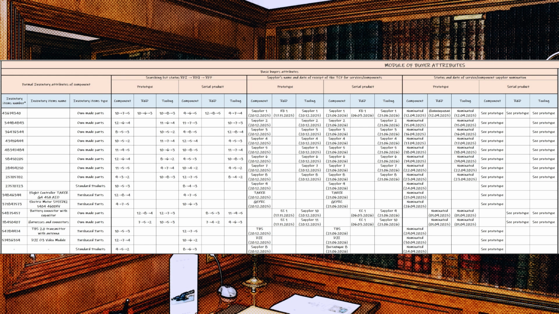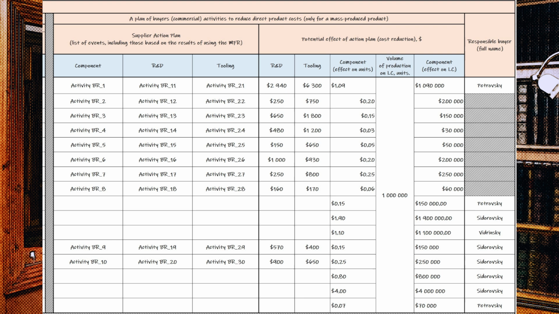For the block status and the date of service components supplier nomination meets criterion 22, additional comments are not required. I believe the logic of filling is similar to the logic for the two previous blocks. The block A plan of buyers, commercial activities to reduce direct product cost only for a mass-produced product meets criterion 21. Is essentially filled out the same way as the block plan of design technological measures to reduce direct costs